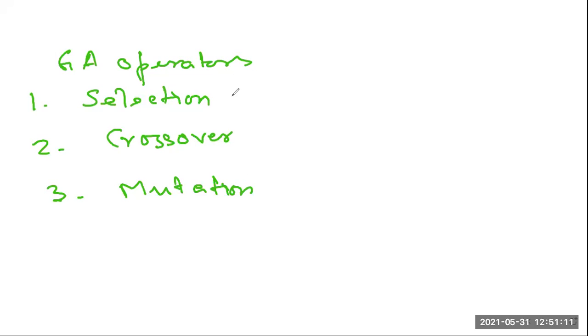So this is basically something from your biology. If you had biology as a subject in class 10 or 12, these things were there, and this particular thing is applied in this technique. So this is the beauty. This is a concept of biology, implemented here, and we'll see how to do those things mathematically. But the concept is taken from biological science. It is a natural evolution process. We'll see in detail what these operators are.